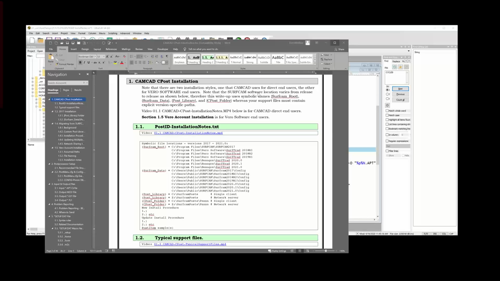Now note that the SurfCam location varies from release to release, as shown below, and therefore this write-up always uses symbolic names: SurfCam root for the root folder, SurfCam data, post library, and CPost folder. This is here just for brevity, so we can generically cover everything, but your support files must contain explicit